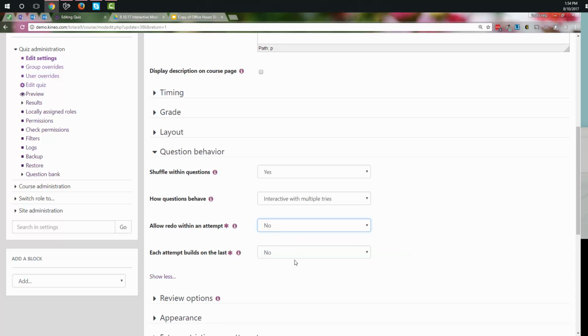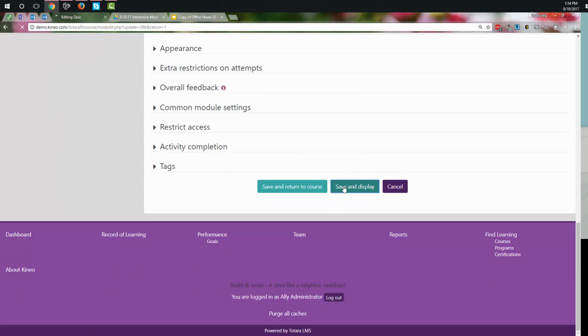Each attempt builds on the last. We've talked about this a little bit in our last sessions. Essentially what that means is that if I get a question correct in my first attempt and then I go in to take the quiz for the second attempt, if I happen to get that question again, it's not going to ask me to answer that one again, because it's going to build on the last attempt and I got that correct last time. Okay? So we're going to go ahead and save and display,